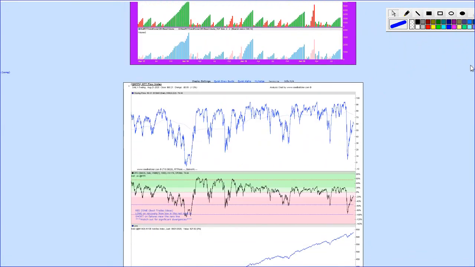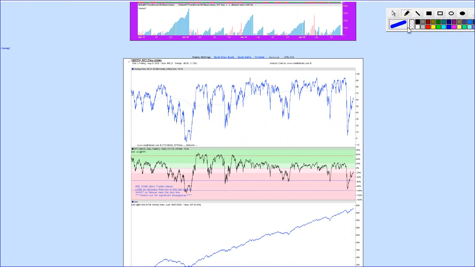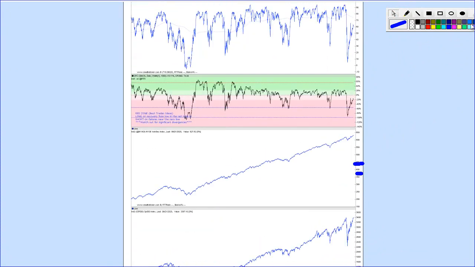I'm going to scroll down to this chart here. What we have here is the RTT flow index. Okay, so see where it is here. It's got plenty of room to get back up to there. So everyone knows in the market about the bad breadth of the market. So my point is that the market still can be moved up,